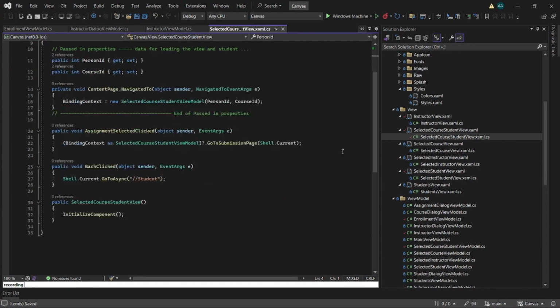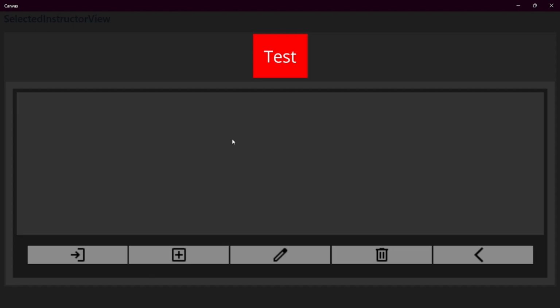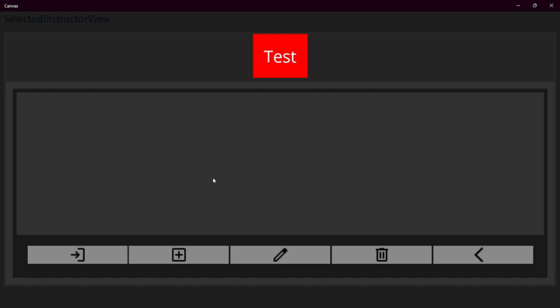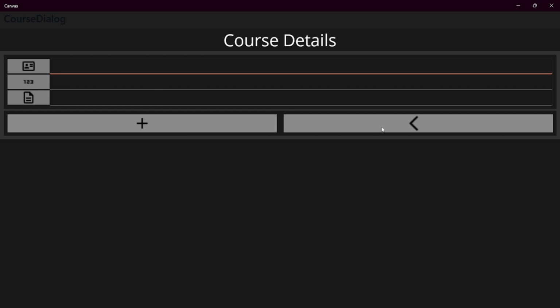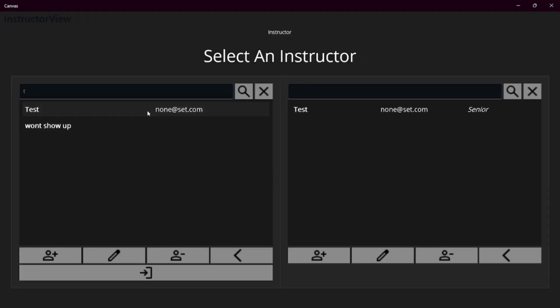And for the instructor, we're going to this. For this, it's basically the same thing. I mean, adding a course, adding a student, if you abstract enough away, it's just adding something to a list, essentially. So it's basically going to operate in the exact same manner. And then entering it again the same way we're going to enter